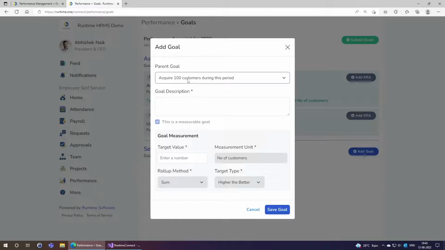So for example, the parent goal is acquire 100 customers. Now if this person adds a new goal for himself that he wants to acquire 10 customers on his own, and he selects acquire 100 customers as the parent goal, then whatever achievement he does against his own goal will be added to the parent goal. So we will understand more about it when we capture some more data, but let's say